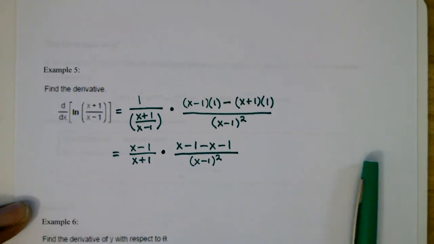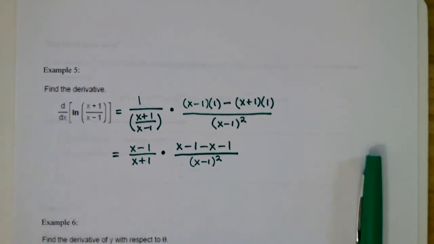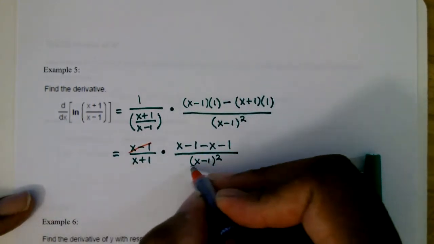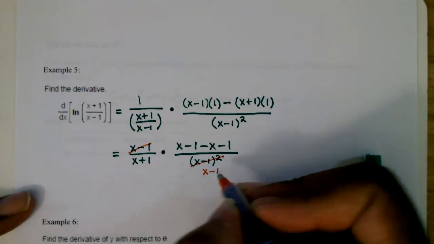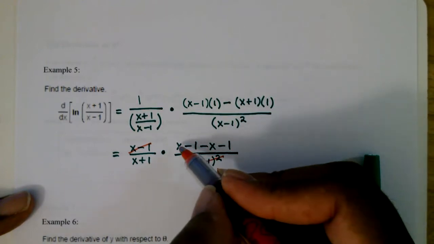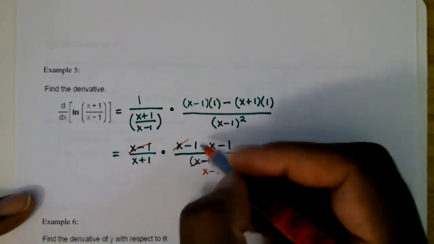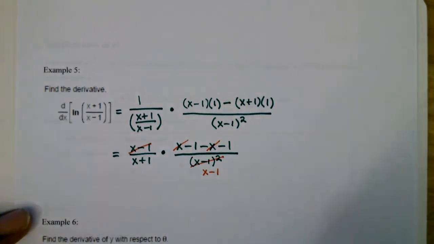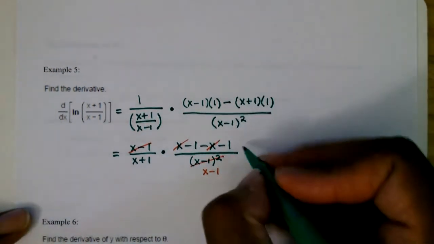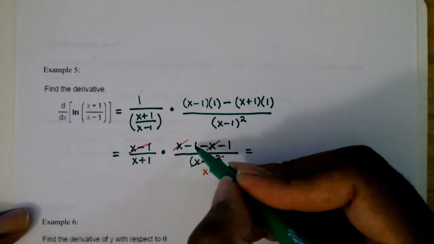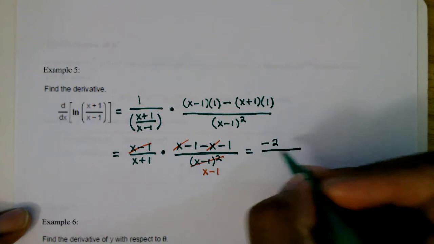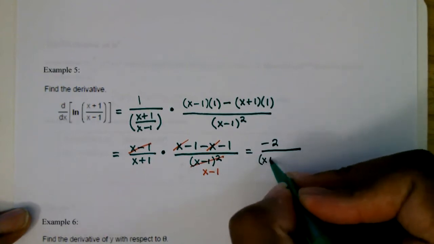Now we can simplify this by dividing out one of the x minus 1s in the denominator. I'll be left with an x minus 1 in the denominator. Minus x, the x minus x adds to 0. So that's gone. And then I'm going to be left with negative 1 minus 1, which would be negative 2, divided by, then I get x plus 1